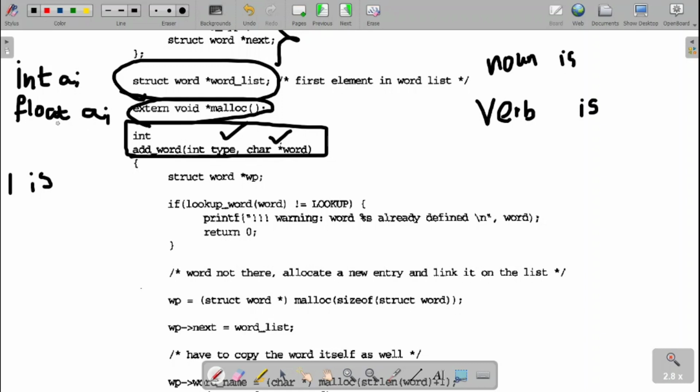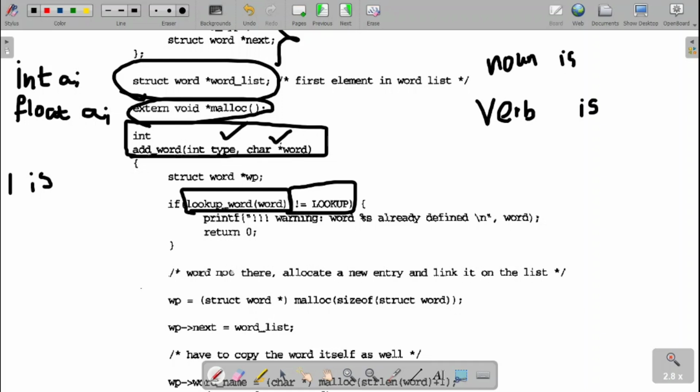So how to handle that? Whenever I call the function add word, in that add word function, I will call the function lookup word, that is search. If the word is not present, lookup is going to return the value 0. If it is already present, it will give the type of it, which can be 1 to 7. If it is not present, then it will give the value 0. If it is already present, then it will give the value from 1 to 7.